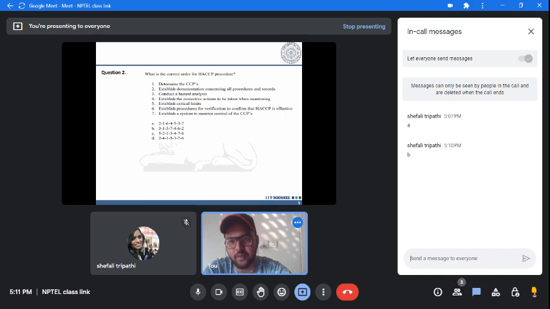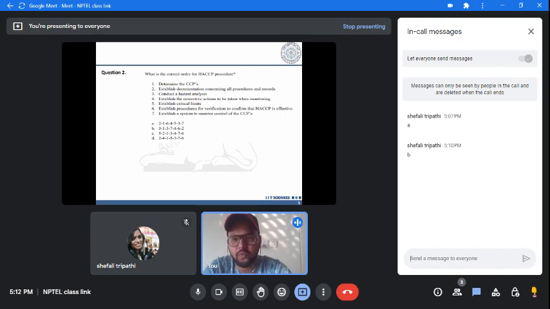So 5 is establish a critical limit, so that is also a third or fourth step. So you have the B option, which has 3, conduct a hazard analysis, as the first step. Until you conduct any hazard analysis, you cannot do all the other procedures. So the right answer will be B,